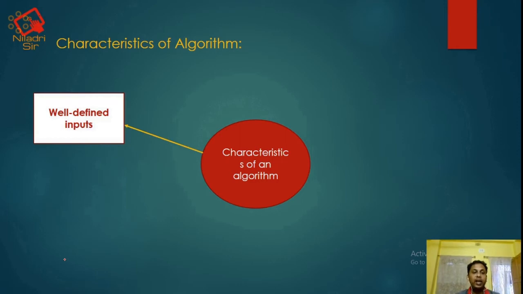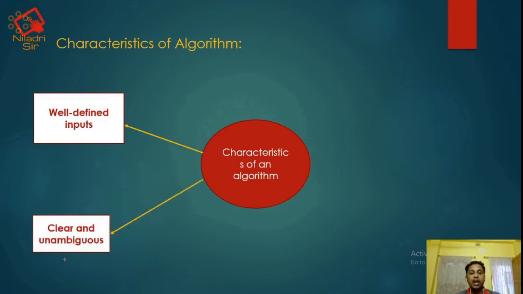Now check what are the characteristics of an algorithm. First one is well-defined inputs. To execute an algorithm, we have to give well-defined inputs, and using that input, the algorithm will produce an output. So the inputs must be well-defined. The next one is clear and unambiguous. That means the algorithm must be clear and unambiguous,